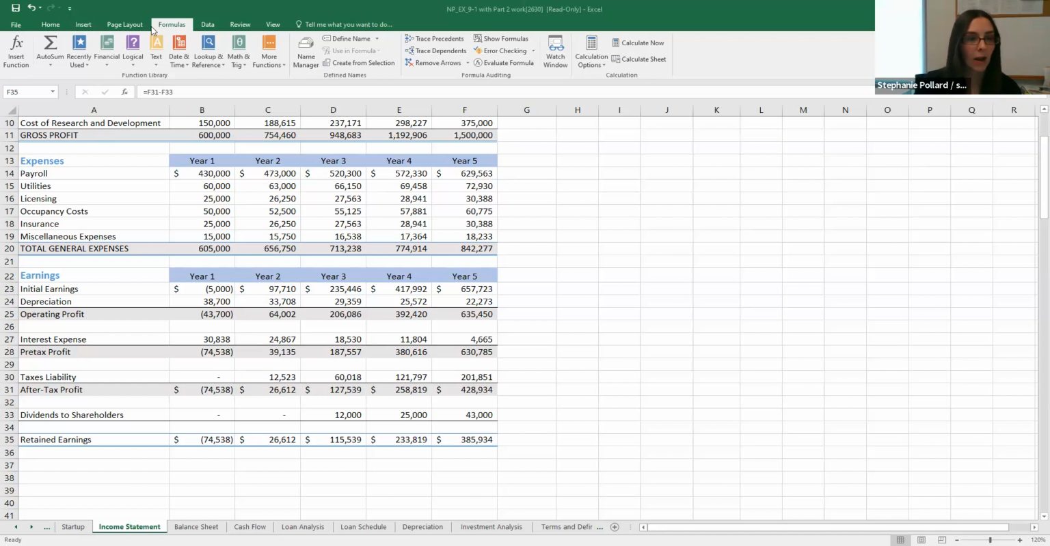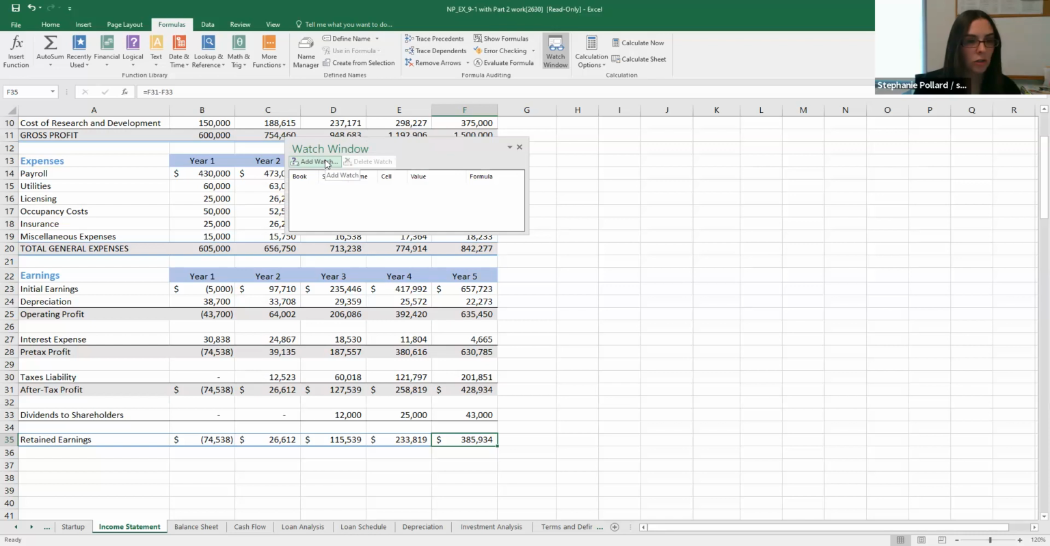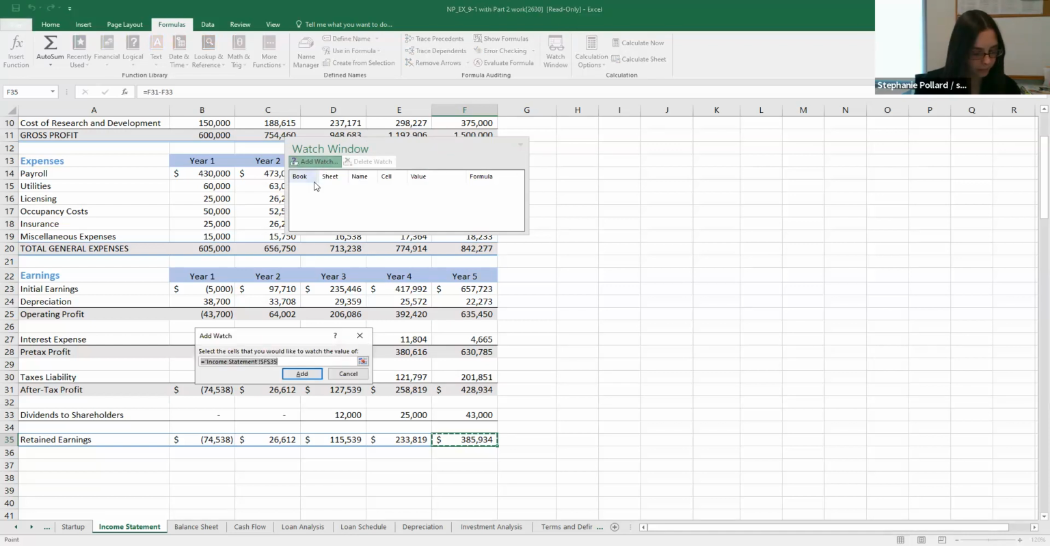So I'm back on the formula tab and I'm on my income sheet again. And I'm going to go ahead and click watch window, which is right here. And then I'm going to go ahead and click add watch. And then in this case, I'm going to go ahead and actually click the cell that I'm on. So I'm on the income sheet and I'm going to click cell F35